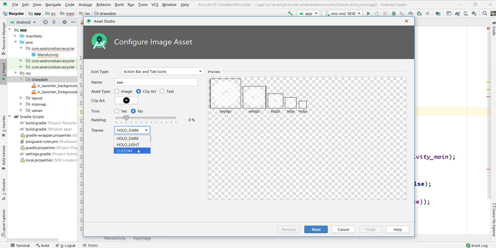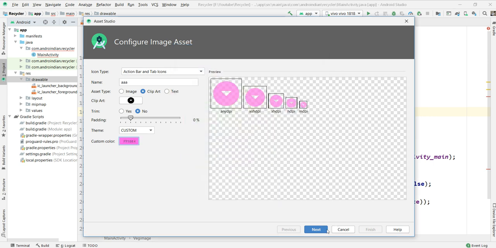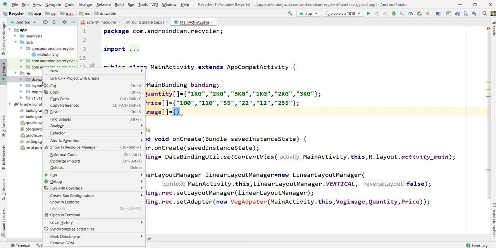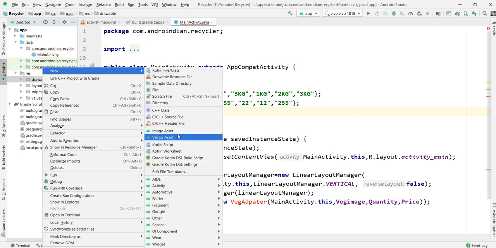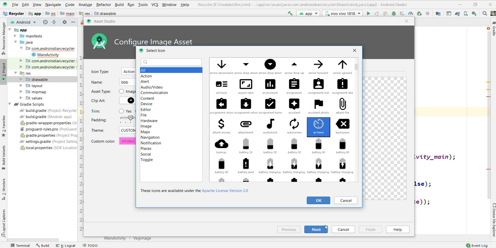Here I want to change the color. Finish. Like this, I want to add 2 more images. So instead of a, I'm changing that to BBB. Then I'm taking a different image.